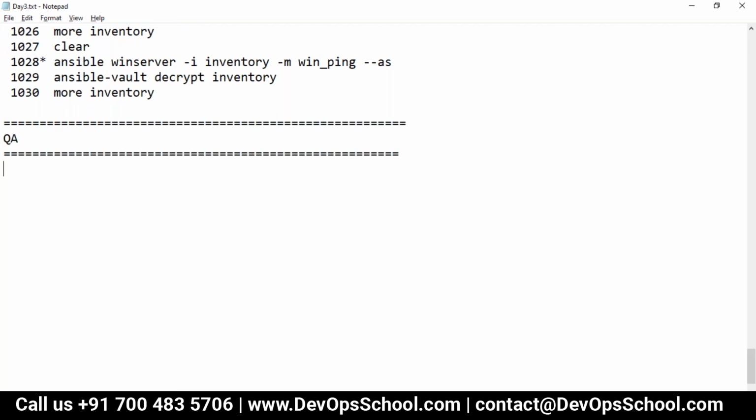Yeah, that we are clear, Rajesh. But when we want to call the variable, we use flower brackets, right? And at that time, when we give a colon, sometimes it doesn't accept. We tend to give equal to, right? So I'm talking about when we are using the variable, when we refer to the variable.